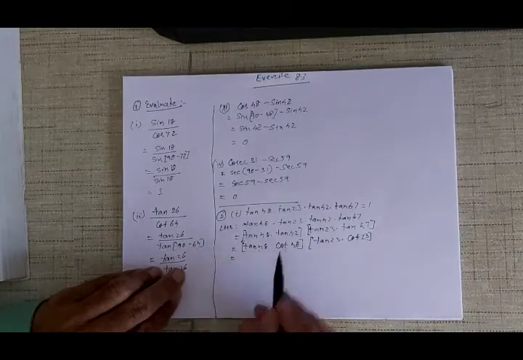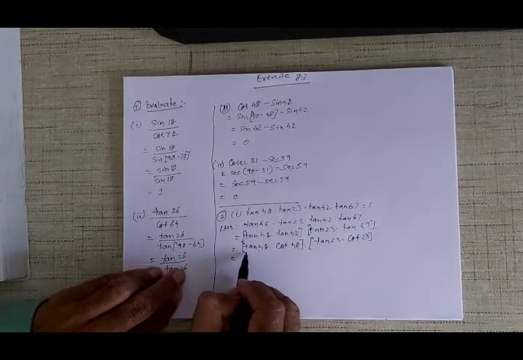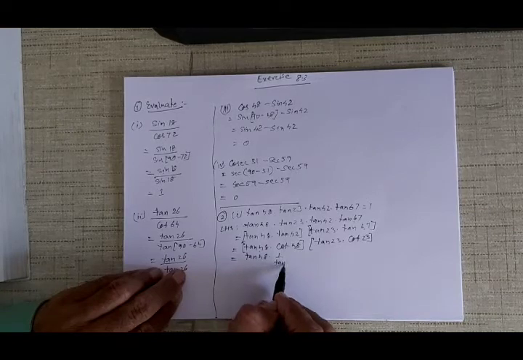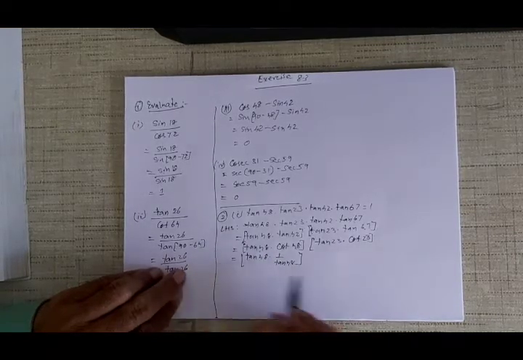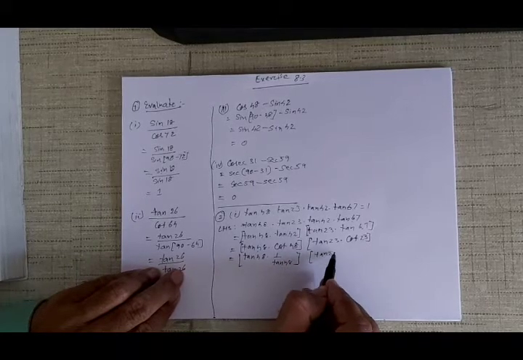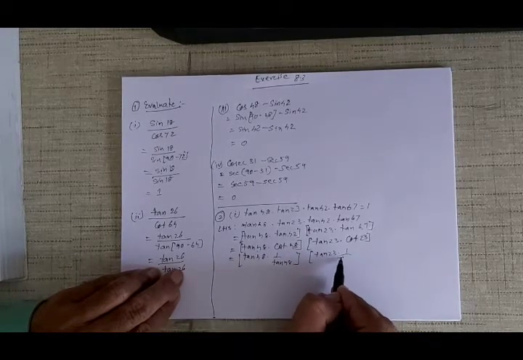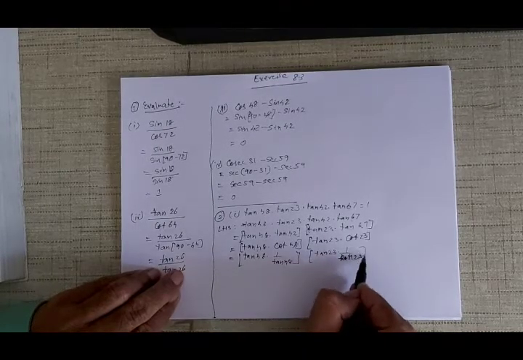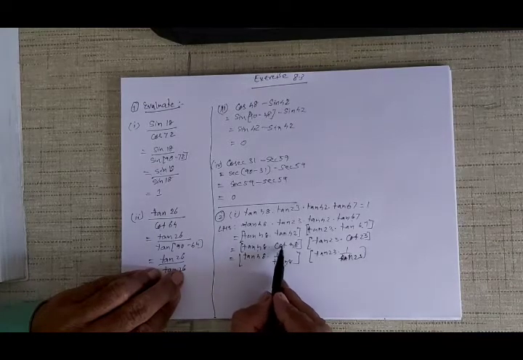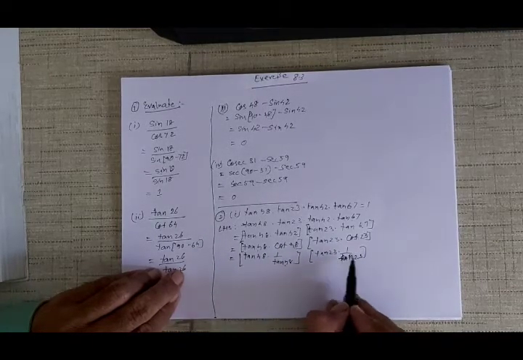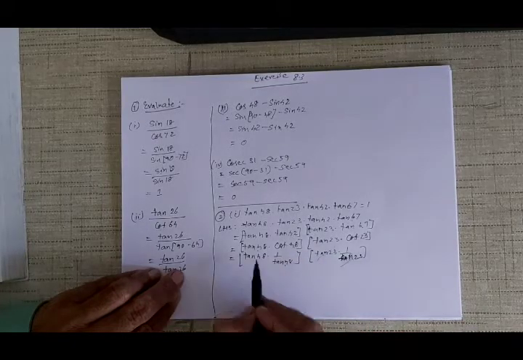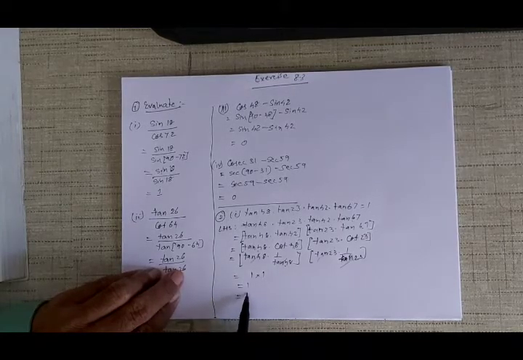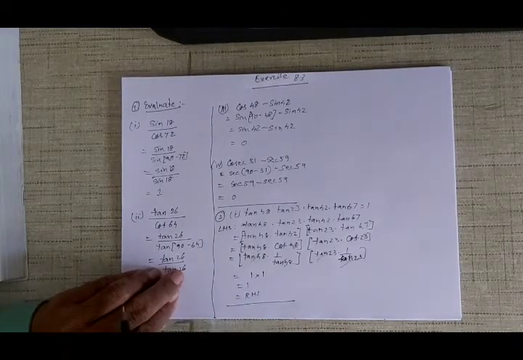Now you see tan and cot are reciprocal of each other. So cot 48 can be written as 1 upon tan 48, and this can be written in the same way, tan 23 into 1 upon cot 23. The cot will change to tan, tan 23. Tan and cot are reciprocal. This is tan 48, tan 23 will cancel out, and you get 1 into 1, and that is equal to 1. That is RHS. All right, very easy, right?